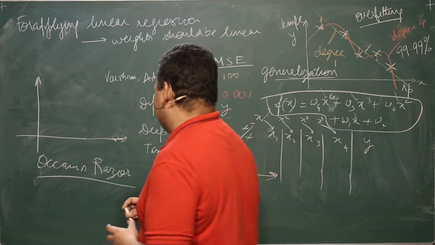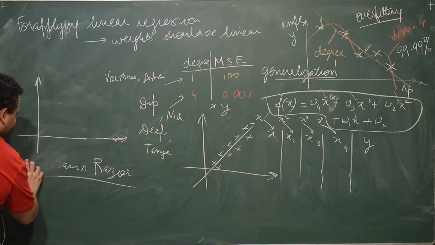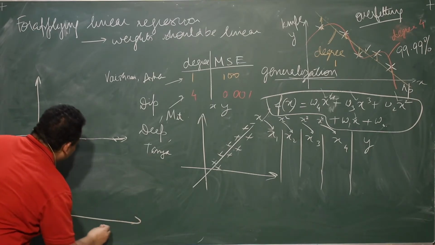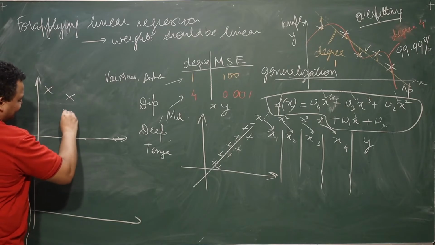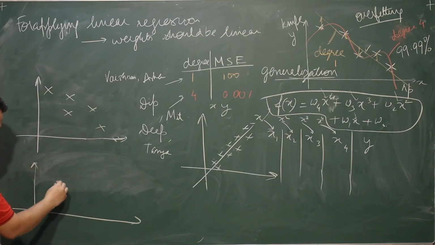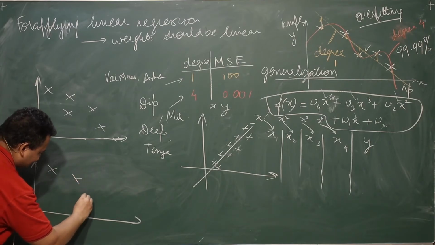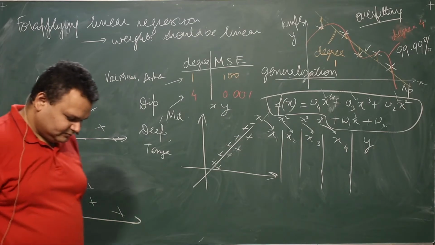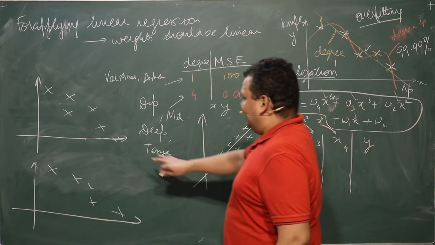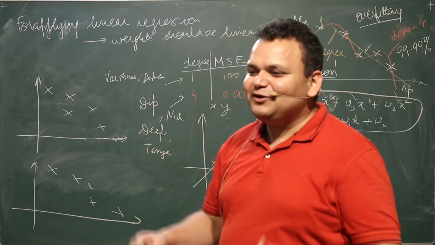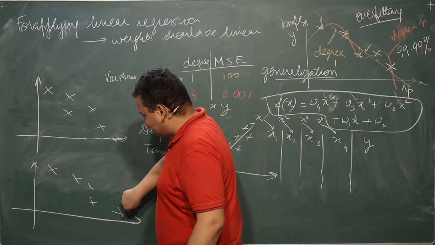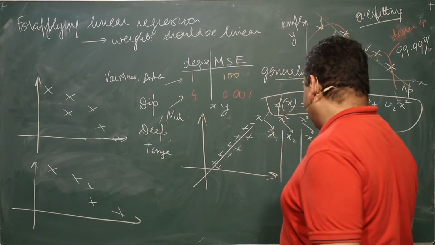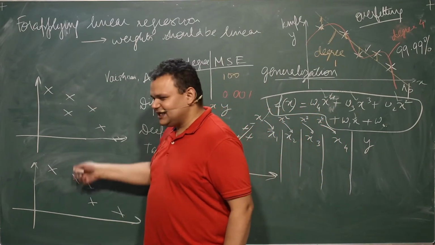Similar curves. Let us say I have 2 graphs, 2 data sets. That is how it looks. Originally I had 10 observations. Out of those 10 observations, I divided them into 2 parts, part 1 and part 2. If my model is good, then what should happen in both these cases?